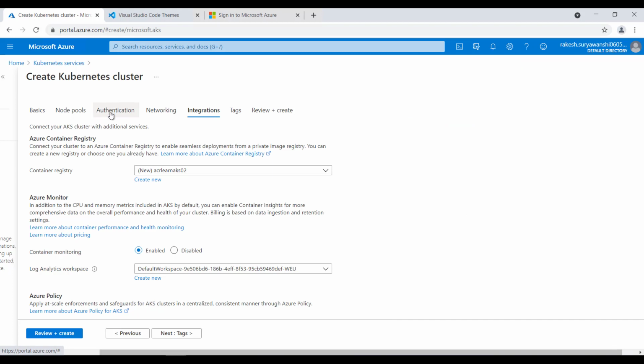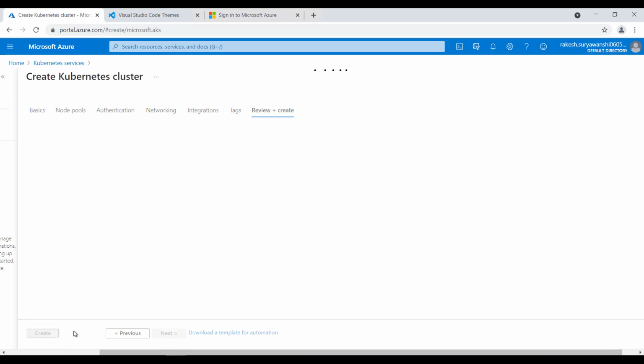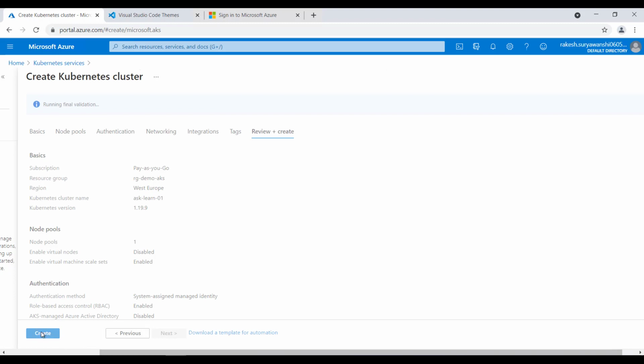So what it will do is create a container registry and give the appropriate role to my Kubernetes cluster, so that when I try to fetch any of the images available in the container registry from AKS, AKS has enough access rights to pull that particular image. To enable this option, you need to have the appropriate rights on your subscription. I'll ignore the tags and click on review and create. That will create the AKS cluster and the container registry for me.